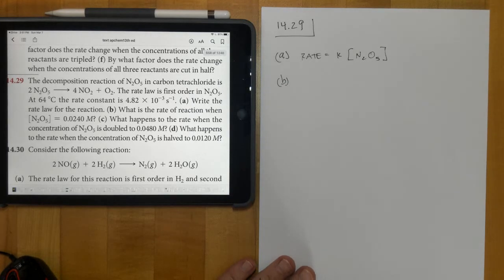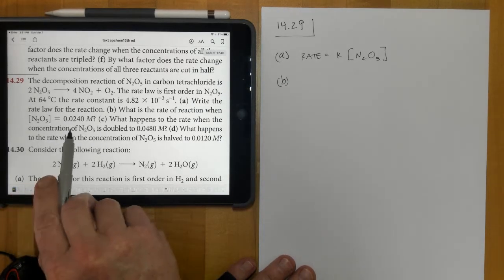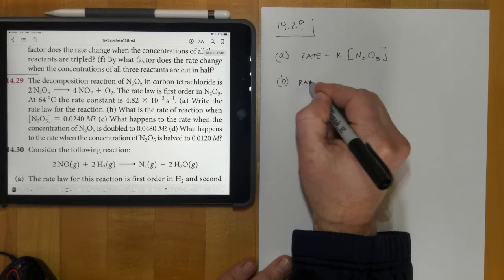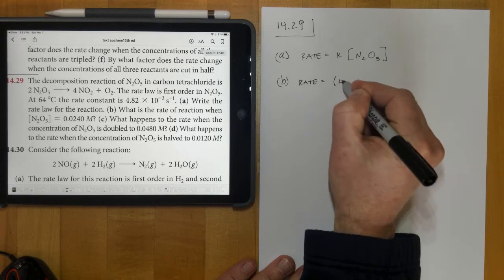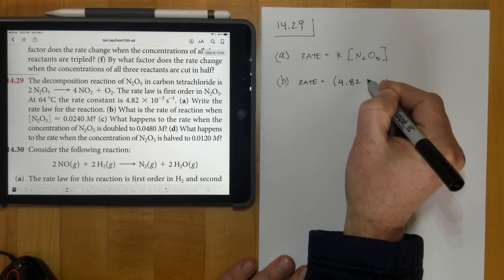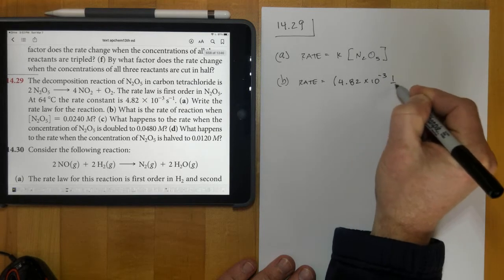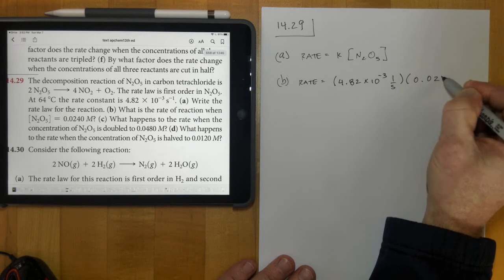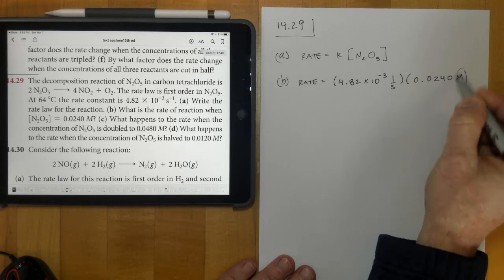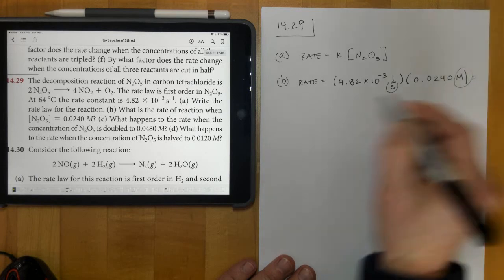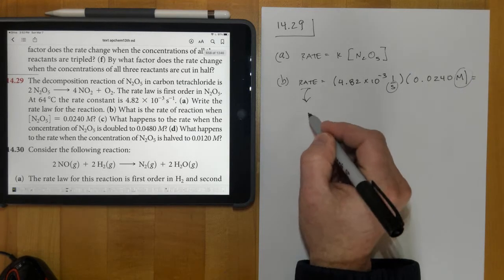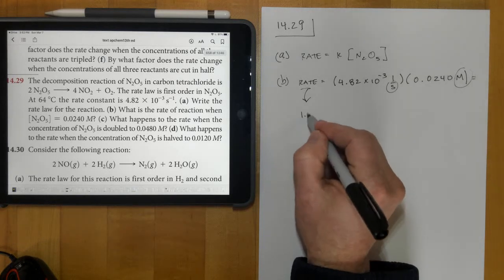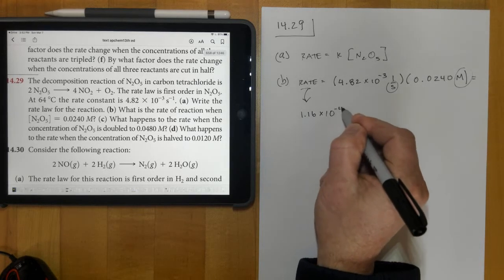Letter B, it says what is the rate of the reaction when N2O5 is equal to. So now we take this concentration and put it in here, and so we'd be solving the equation rate is equal to k, which is 4.82 times 10 to the negative third per second, times the concentration they give us, which is 0.0240 molarity. So our units will end up being molarity per second, which is what rate would equal. And so when you multiply those two together, you get a rate of 1.16 times 10 to the negative fourth